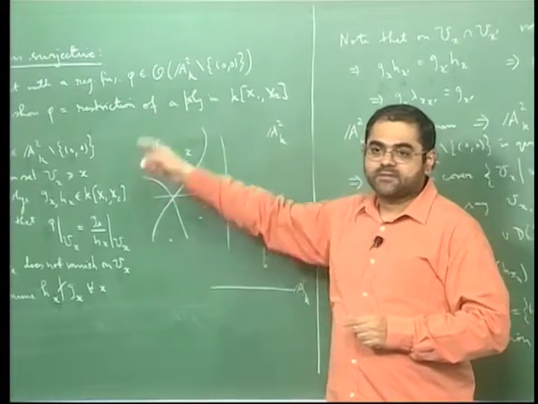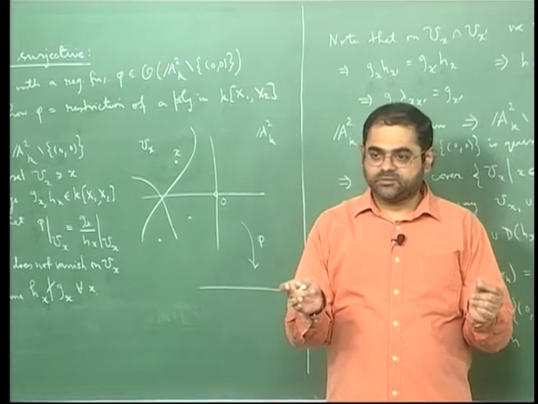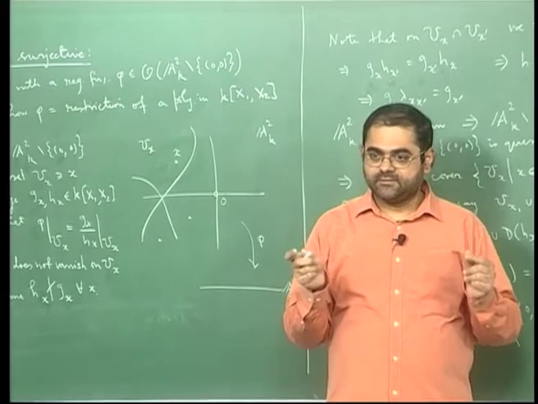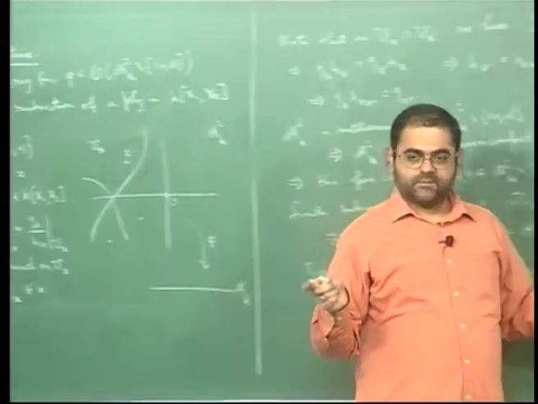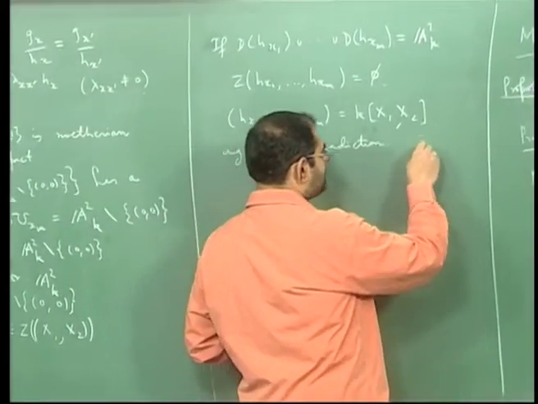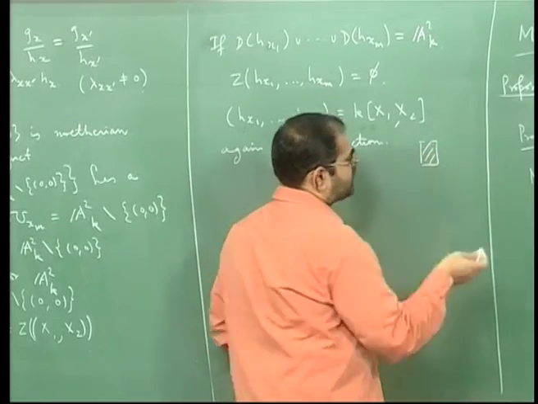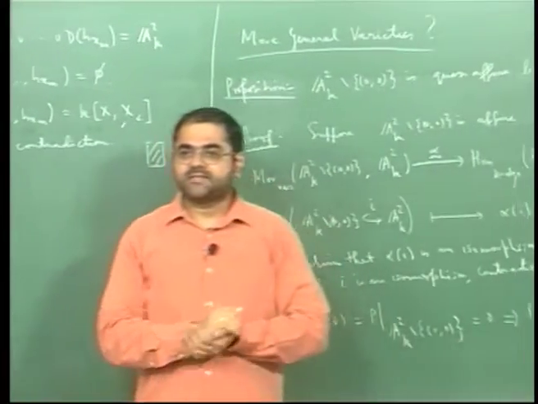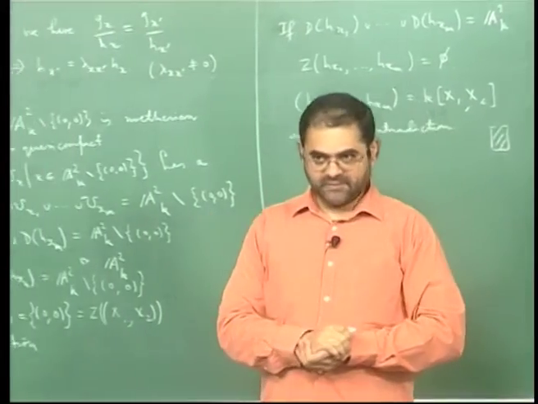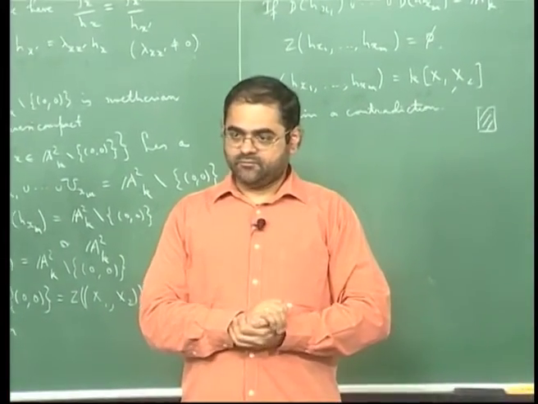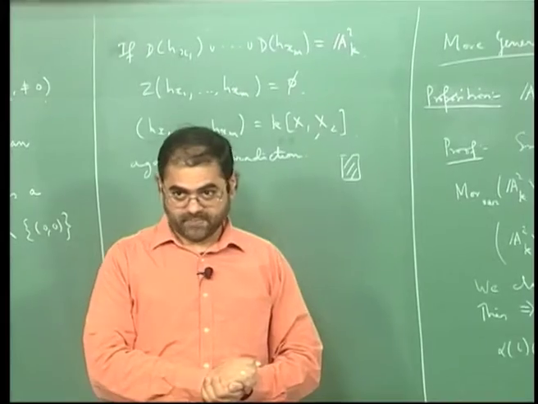Every regular function on the punctured plane is the restriction of a polynomial in two variables, therefore the map is surjective and we are done. So that finishes the proof, and the moral of the story is that the punctured plane is an example of a quasi-affine variety which is not affine. So we do have quasi-affine varieties which are not affine.